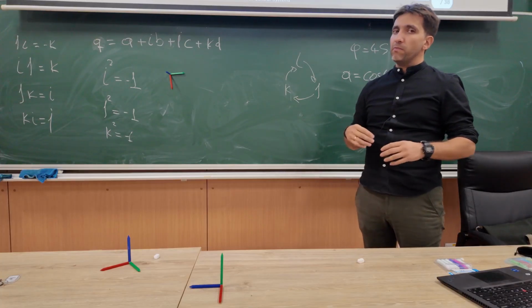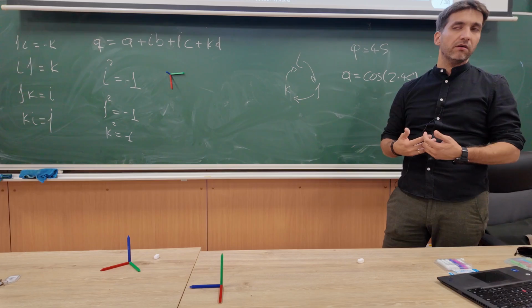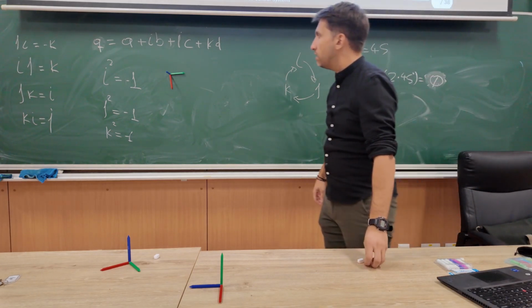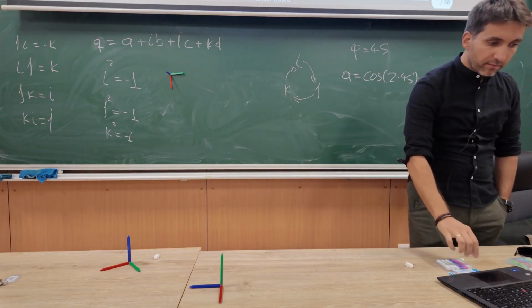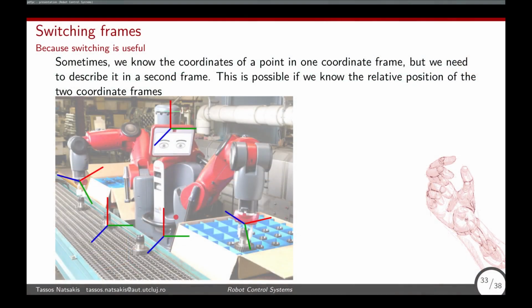Many times we know the coordinates of something in one frame and we need to transform it in another frame. Let's say I have this robot and a reference frame for our whole production, what the robot is doing, and a sensor, for instance a camera, that reports the positions and orientations